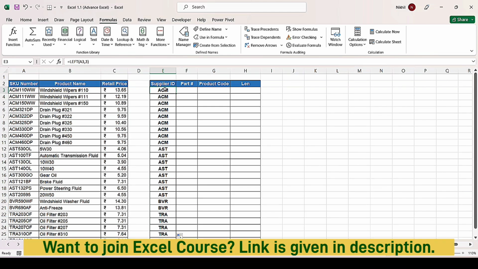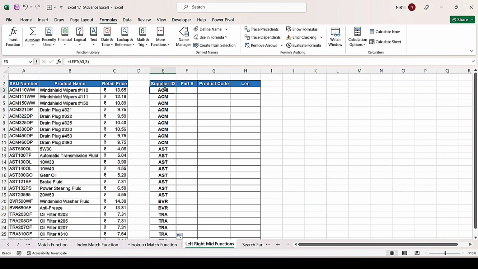Now we will use the RIGHT function before the MID function, because the RIGHT function is mostly similar to the LEFT function. To use the RIGHT function, first we will click the cell where we have to use it. In this case, the G3 cell over here. After clicking the G3 cell, click the Formulas tab, and in that click the Text icon, this one.